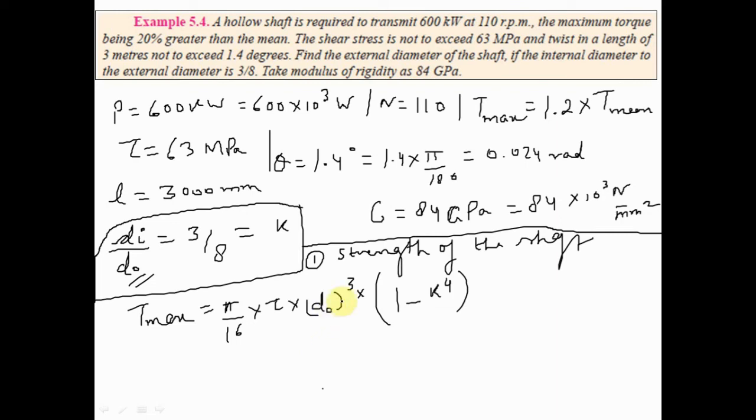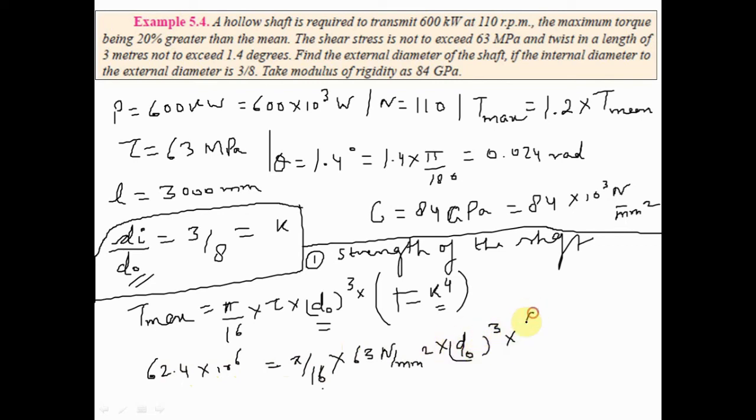So k is di by do, that is 3 by 8. You can substitute the value of k as 3 by 8, and the rest we know. So from here we can find the value of d outer. I will be substituting 62.4 times 10 to the power 6 equal to pi by 16 times tau, the shear stress, which is given as 63 megapascals. 63 megapascal is equal to Newton per millimeter square directly. Then d outer you have to find,